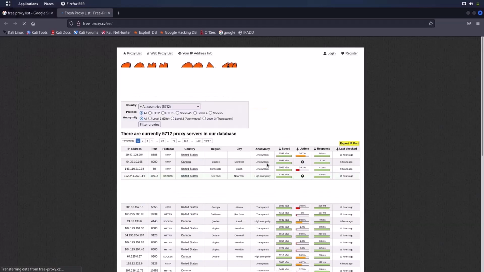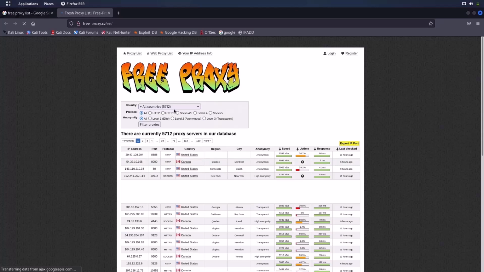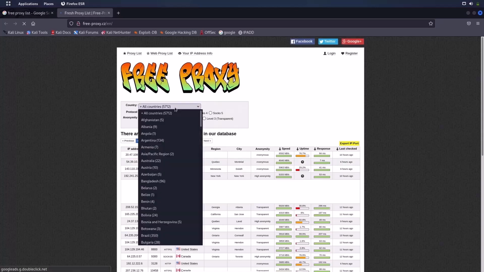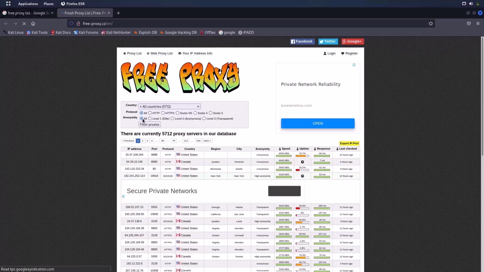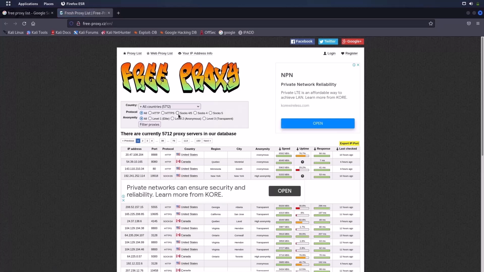And if you see in this website over here, we have a lot of proxies, and you can filter proxies from all the countries. Click over here, and if you want proxies from Australia, if you want proxies from Bhutan, and so on, you can filter based on the country as well as based on anonymity and based on protocol. Like you have HTTP, HTTPS, SOCKS 5, SOCKS 4 and 5, and so on. And then you can actually filter on anonymity level, like level 1 elite, level 2 anonymous, and level 3 transparent. So let me choose some proxy server IPs for my proxy chains application, and I'm going to choose based on the uptime.